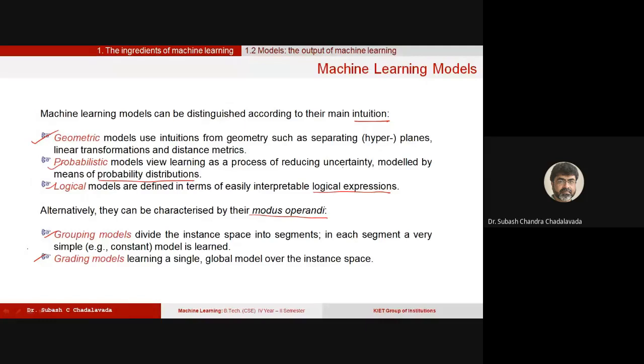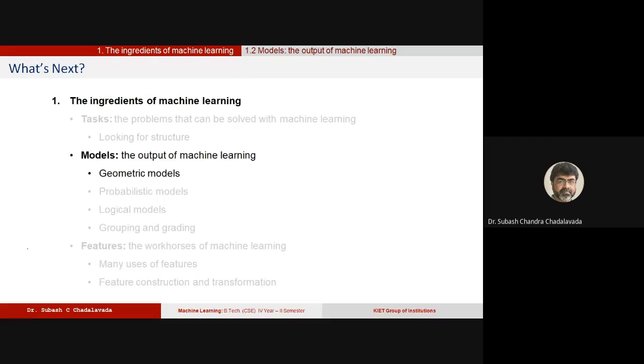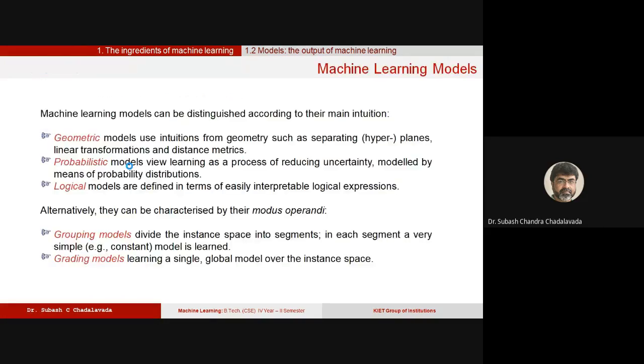So today's topic, we will be learning about machine learning models, especially the geometric models. So today's class is geometric models. Now, what is a geometric model? Before you understand what is a geometric model, we made a reference called instance space here. Most of the places where you have a geometric model, or wherever you have data, you have something called an instance space. Most of the geometric models are considered to be applied over an instance space.